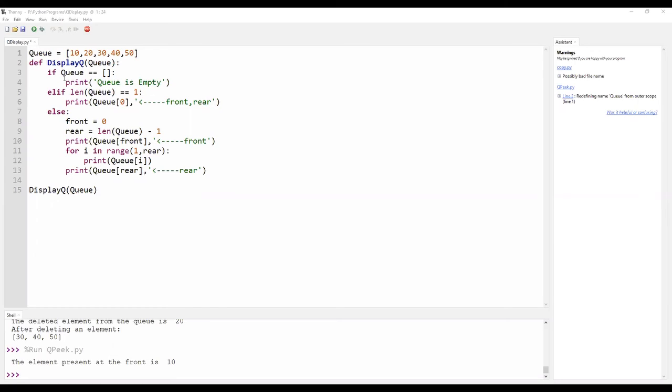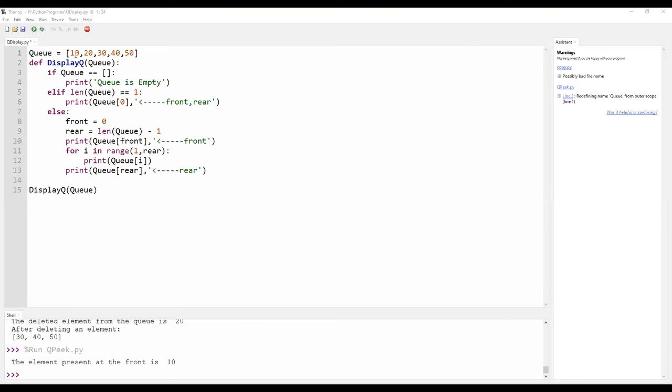It is checking whether the queue is empty. If the queue is empty, it is going to return the statement "queue is empty". Here I am having 5 elements, hence the if statement is not getting executed. My length of the queue is 5. Since it is not 1, it is going to the else part.